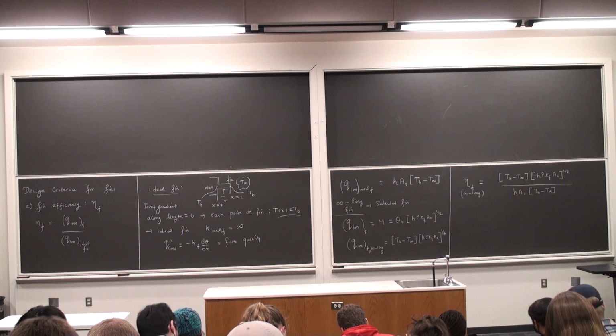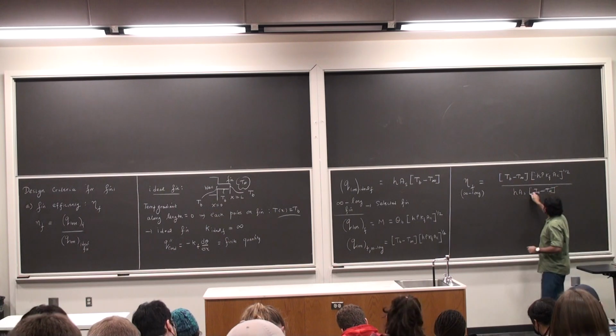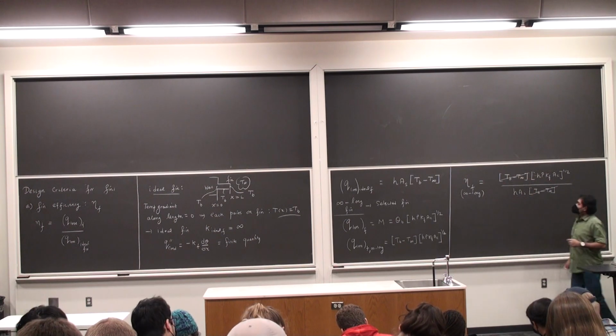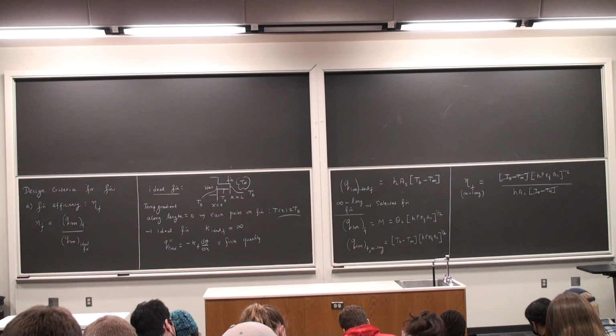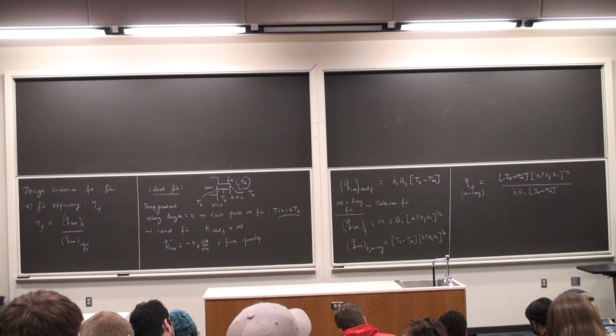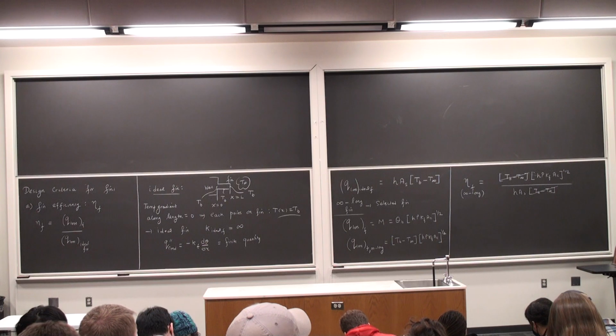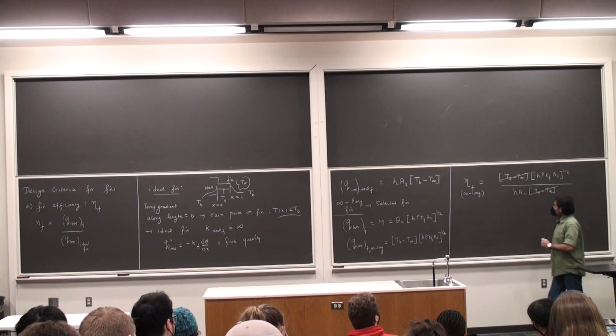I can cancel off the Tb minus T infinity on the bottom. And the top, I have a factor of h to the power half in the numerator, h in the denominator. I can simplify this, and I also note,